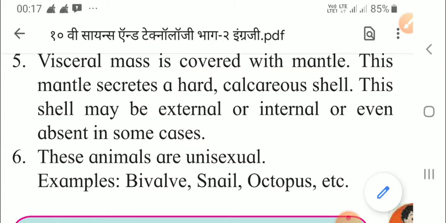Still, if you are having any doubt, children, you can ask me, and it is my request that you all make one long book. Every time I am telling you, write all these highlighted points, learn them by heart, as well as prepare nicely for your board exam, for your exam, and whatever diagrams are there, that also you practice nicely. Thank you, children.